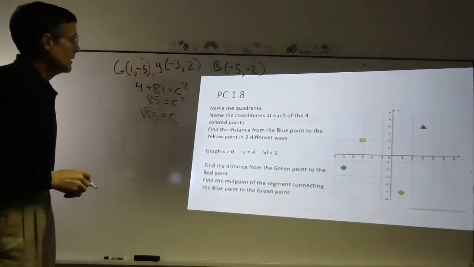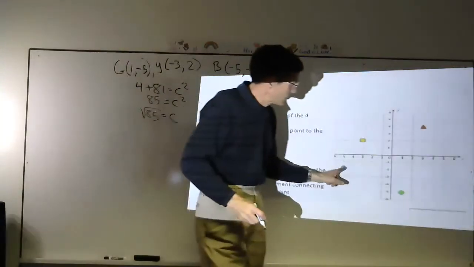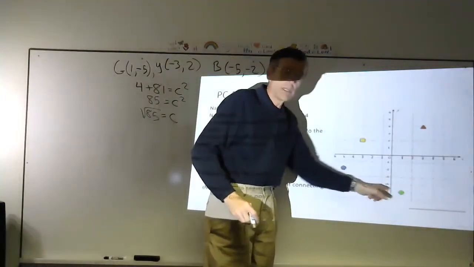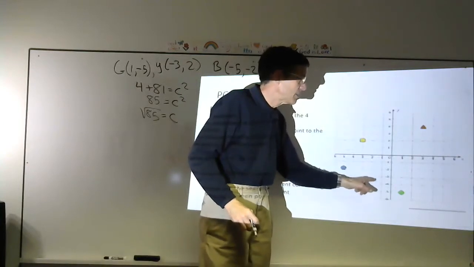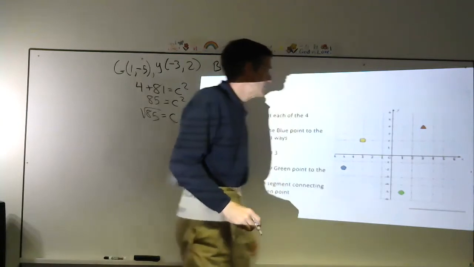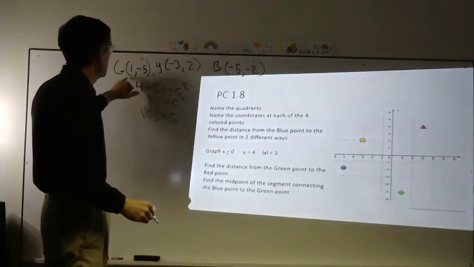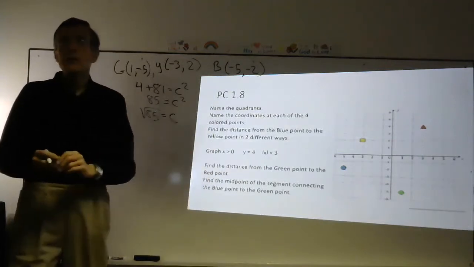Okay? If you want the midpoint, now think about this. Here's the segment going from blue to green, right here. Wouldn't the midpoint be somewhere right in the middle? So I want the middle of the green and the blue. How do you find the middle? Like for instance,